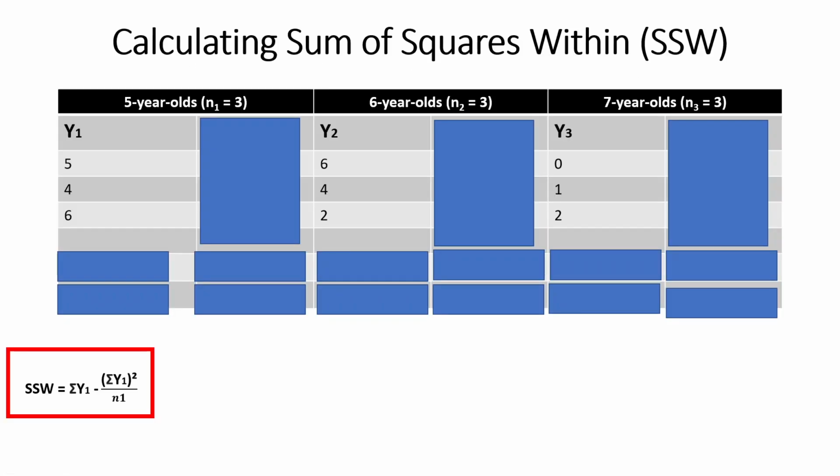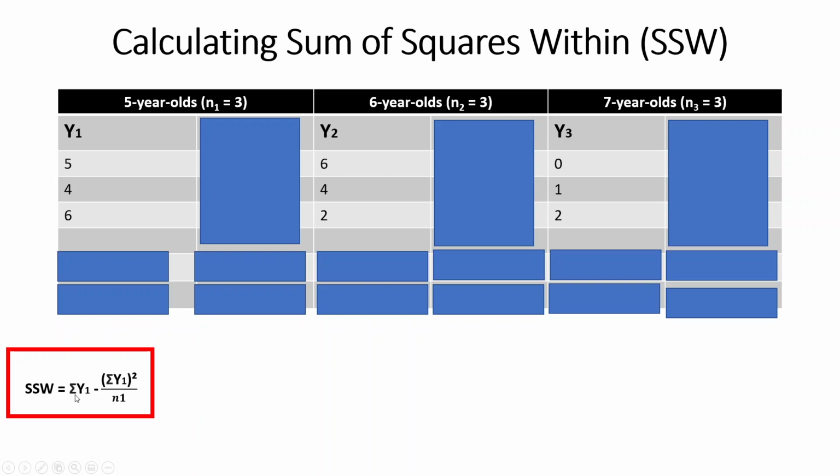So first we need to calculate the sum of squares within. If you go to the Excel spreadsheet that you've been given, I believe it's on the lab as well, these values should be there, and you'll need that to run the ANOVA, but we'll get to that in a little bit. You can see each one of these groups has 3 sets of scores underneath, 1 for each participant. And you'll see the equation for sum of squares